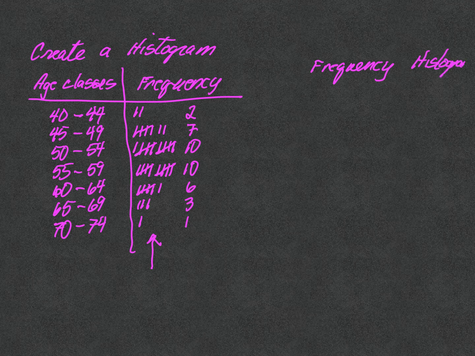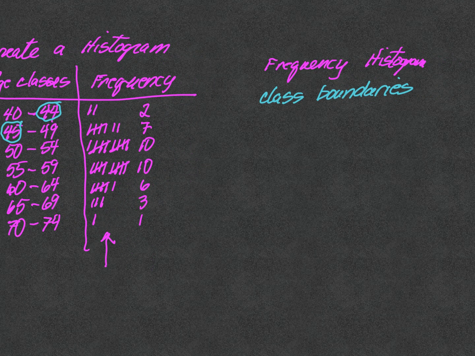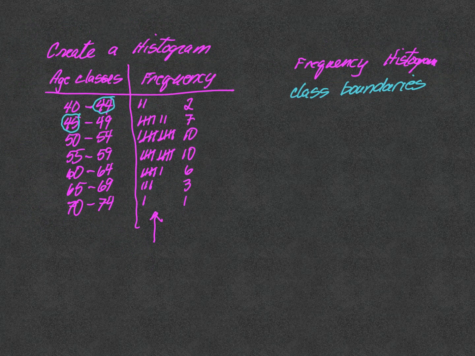Now, to do this frequency histogram, we need to find the class boundaries. And if you remember, the class boundaries are the lower class limit of a class averaged with the upper limit of the previous class. Let me grab a different color. And so our class boundaries, I'm going to write them down. You can usually figure this out pretty quick. Our class boundaries are going to be, sorry about that, are going to be 39.5,